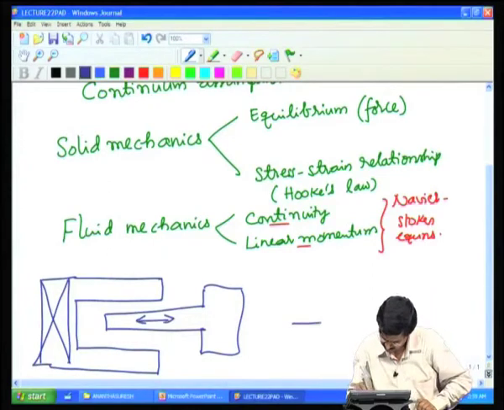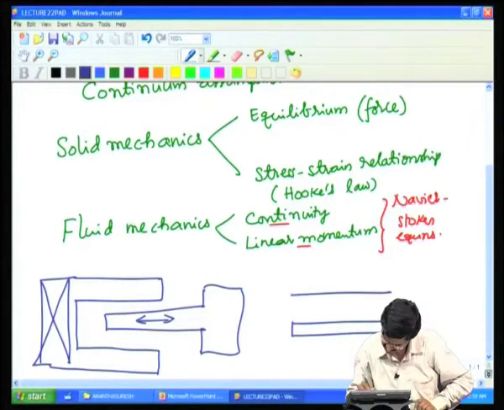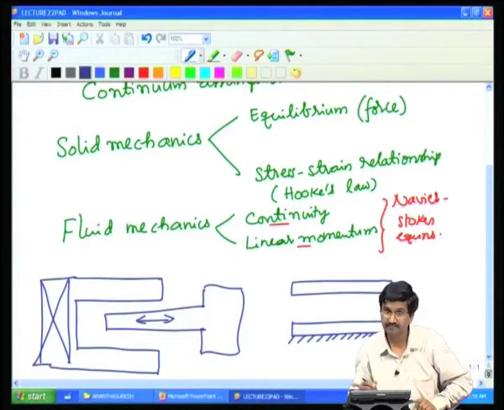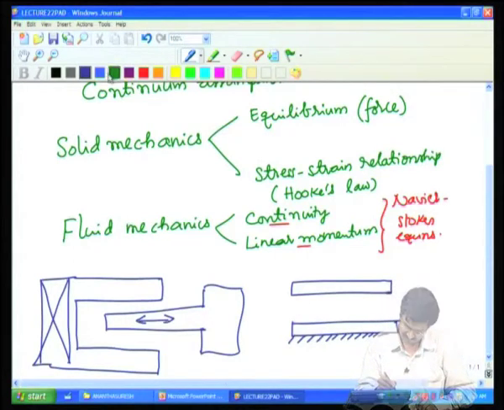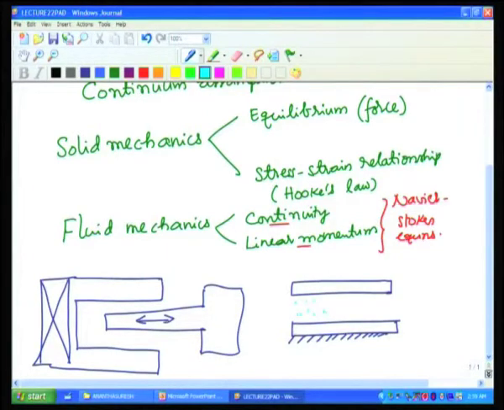So, if we have one plate at the bottom and another plate at the top, let us assume that this part is fixed and there is fluid in it, showing like dots, but there is a continuum fluid here. And now, if the top plate is moving with some velocity v 0,